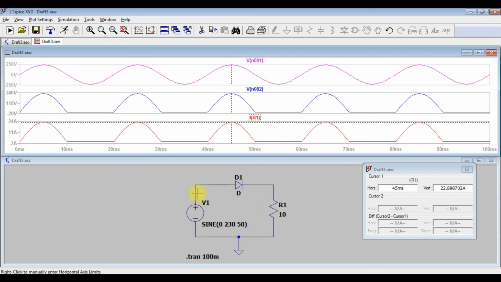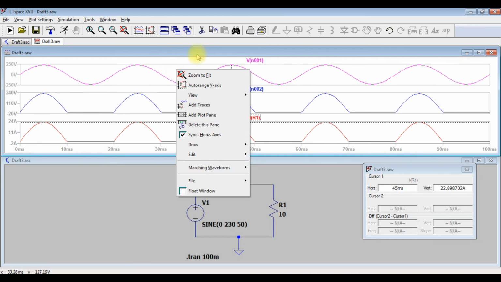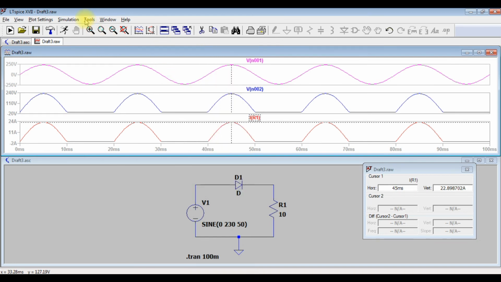Now your circuit is ready, you did the simulation, all the data are available here. You need to copy them, right. Simply go to tools and copy bitmap to clipboard. It will copy your graph. You can simply copy your graph from here, right. And then you open a new Word file.